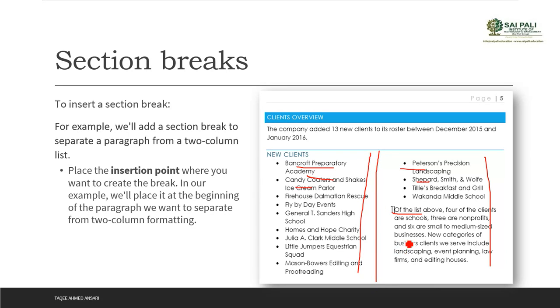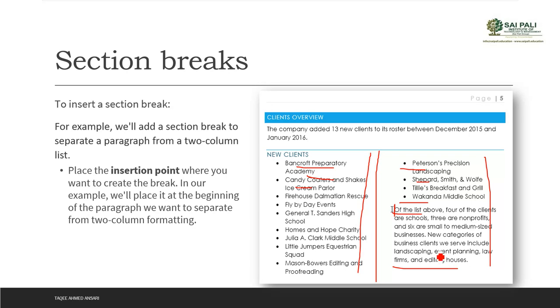So what I can do here is break the section. When I put the section break here, before this it will remain in 2 columns, and after this I can change it to a single column.